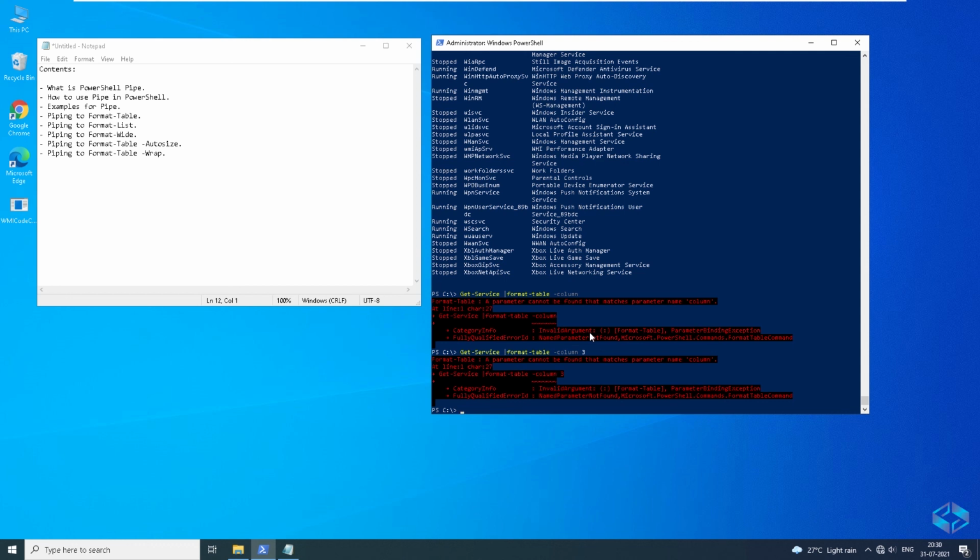So we'll be using remote computing and also the Active Directory commands as well, so that it will be easy for the IT administrator or an Active Directory administrator to understand where they can use these in their day-to-day operations, whatever they are doing. So it will be very helpful.